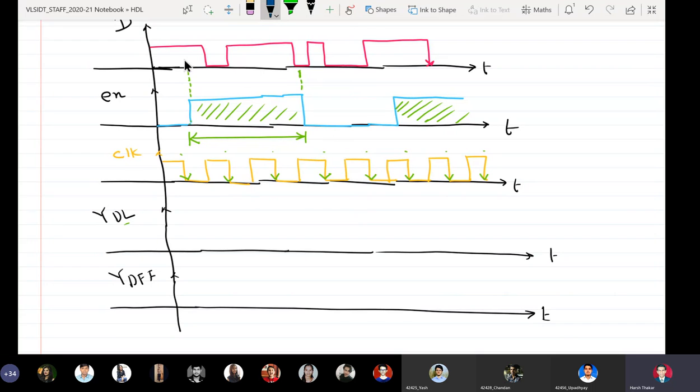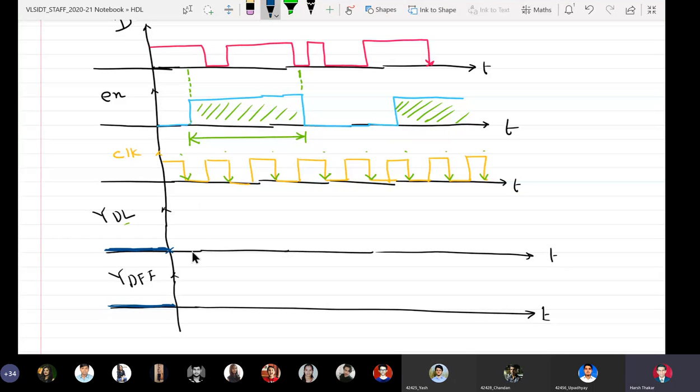Okay. So whatever changes, right? Can you tell me, if I assume that D latch and D flip-flop are having a reset facility, that means the output of D latch and D flip-flop can be assumed to be 0 because they are having a reset facility, right? Now tell me what will happen here in case of a D latch. Is the D latch enabled immediately after t equal to 0? No, sir. It is not there, right?